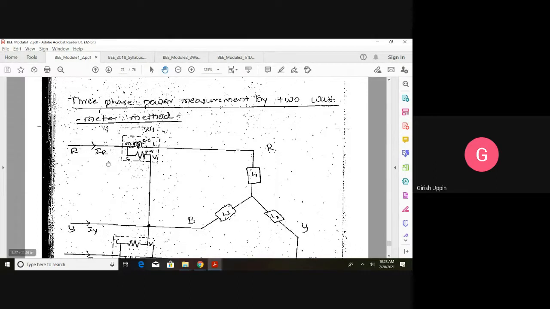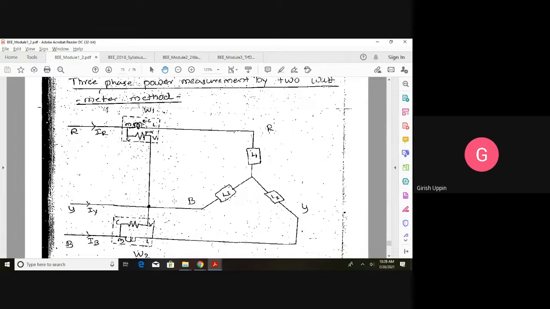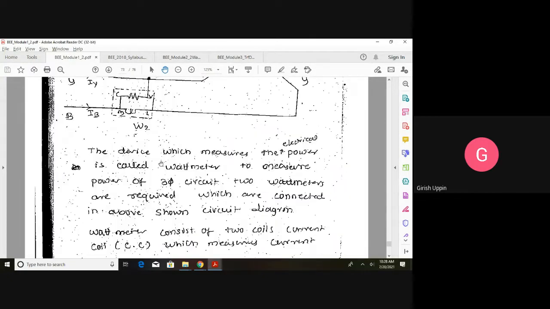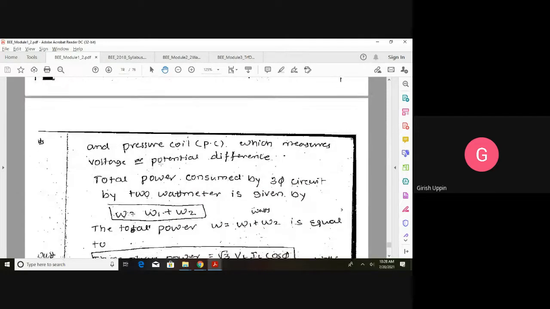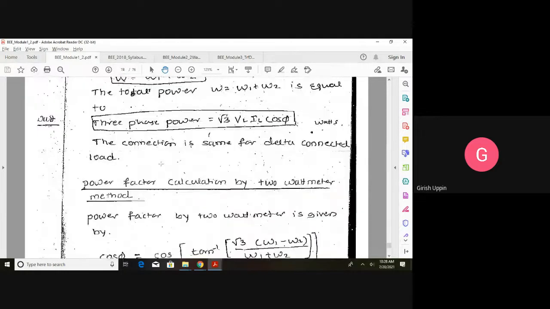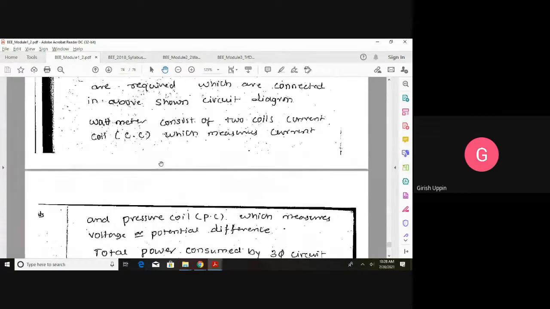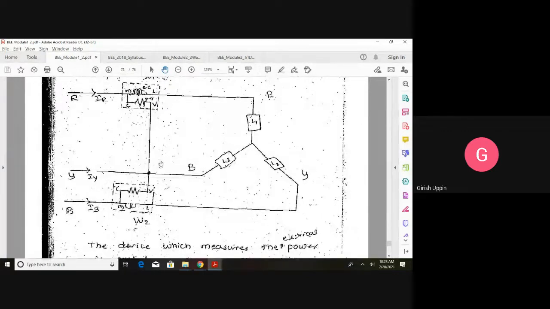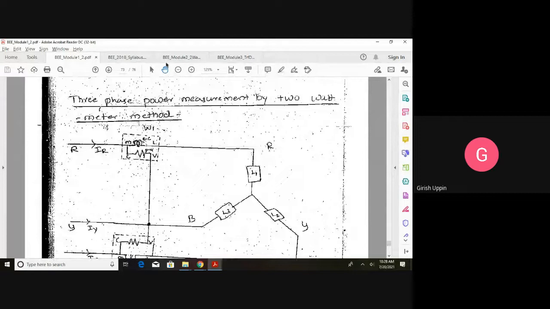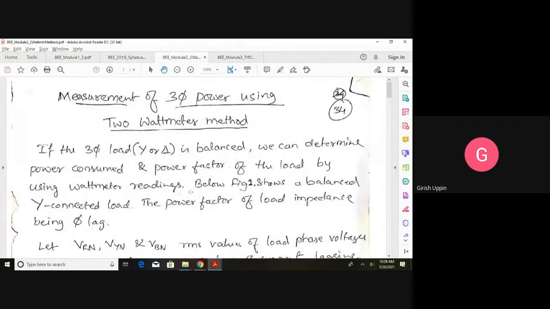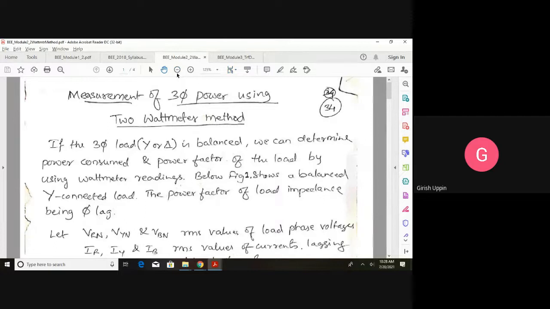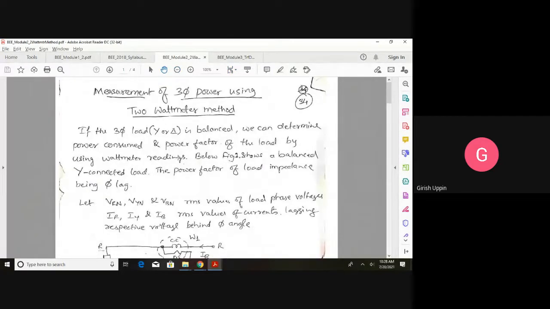Now wattmeter method, don't refer to this. Okay, I have already told, this is very short form. In the examination they will expect the complete phasor diagram and all the explanation. If you get this question, don't write this one. I have already shared the other notes, okay, where I have a detailed instruction. You can use this one, and if it is not available with you, I am going to attach it with today's video. So with today's video I am going to attach this PDF. You can take a look.